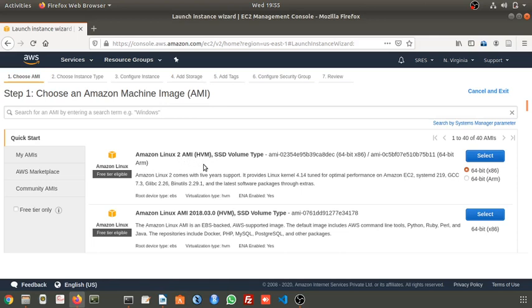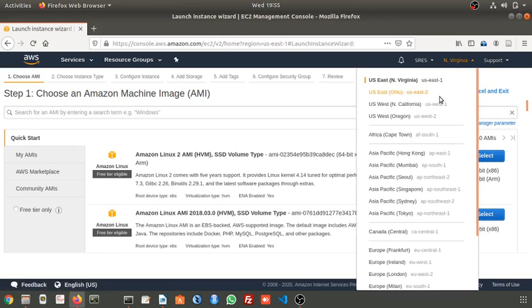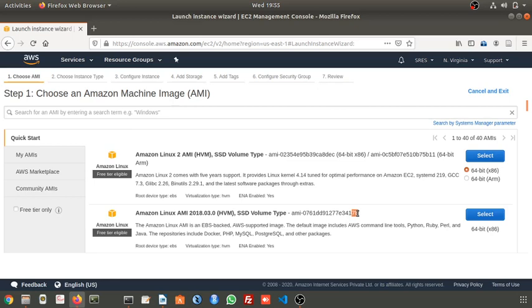If you see this Amazon Linux, it is first of all free tier. This is also free tier. Either choose this one or this one. You can see that each and every AMI has an ID assigned to the image. This image ID changes from location to location. For example, in this location of Virginia, it is ending with 178.